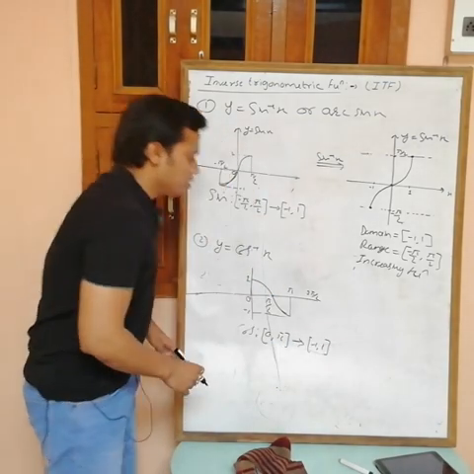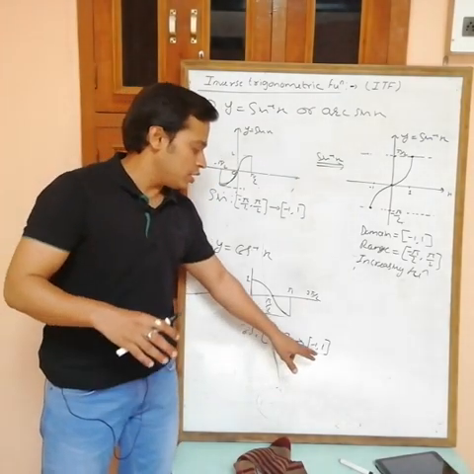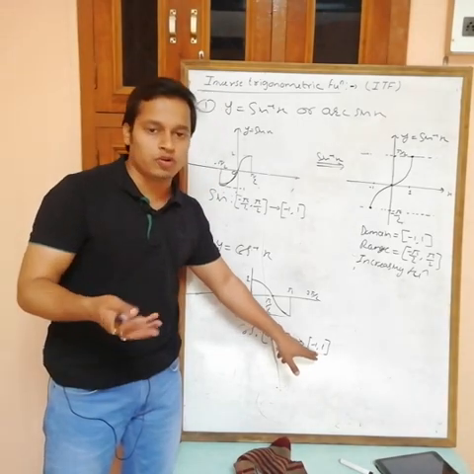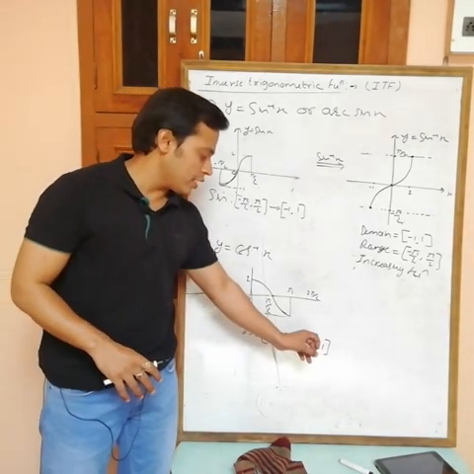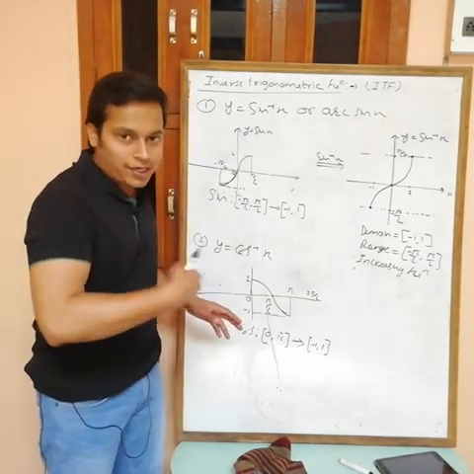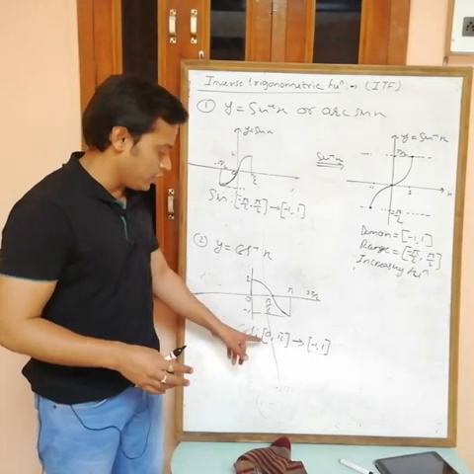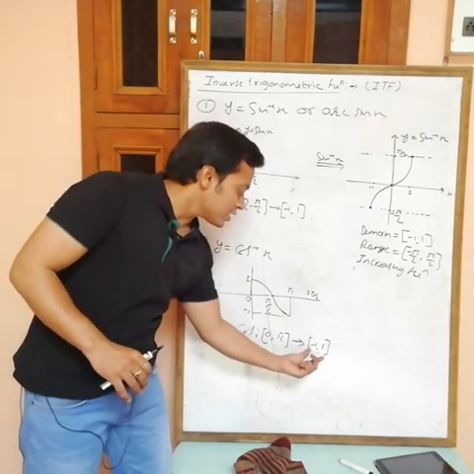Now for the existence of the inverse of a function, the codomain must be equal to the range. So for this one, range and codomain are both the same thing. The domain is 0 to pi and the range is -1 to +1. Now in case of cos inverse, I can draw the graph of cos inverse because this is now one-one and onto. So in case of cos inverse, this range becomes the domain.